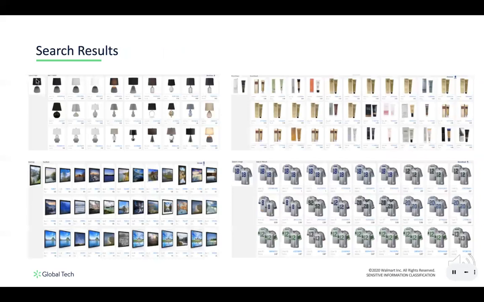Here are some of the results from the SIR tool. We are able to see its capability to capture variants based on image content. The top left object for each image is the query image, whereas all the other objects in the image are objects retrieved from the catalog using SIR.